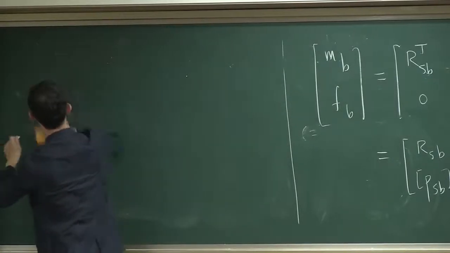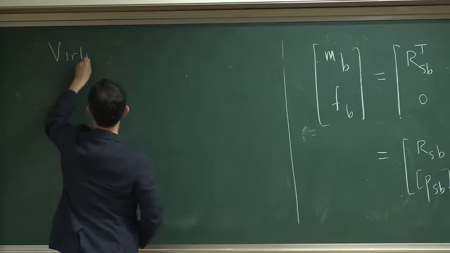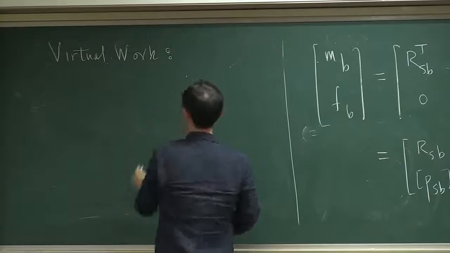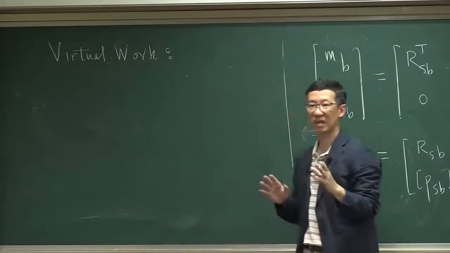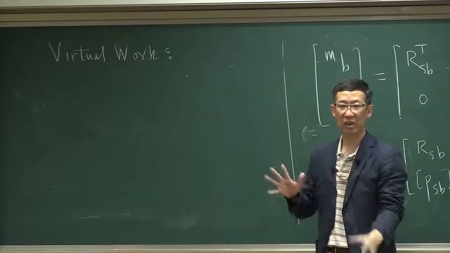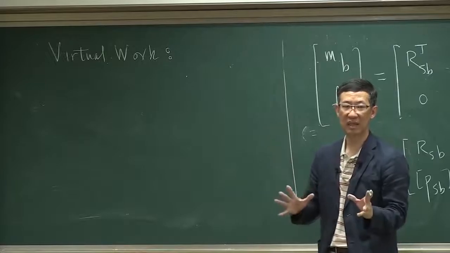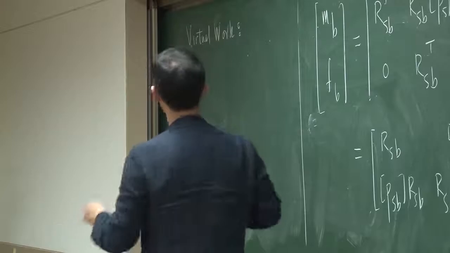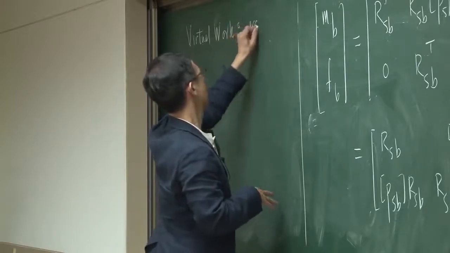So let's start with virtual work. The first thing that's required in order to apply the virtual work principle is that things have to be in static equilibrium. So assuming static equilibrium,